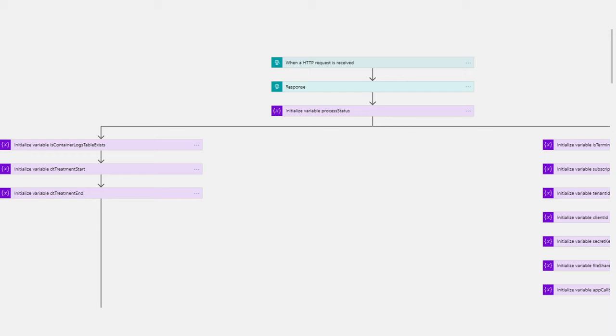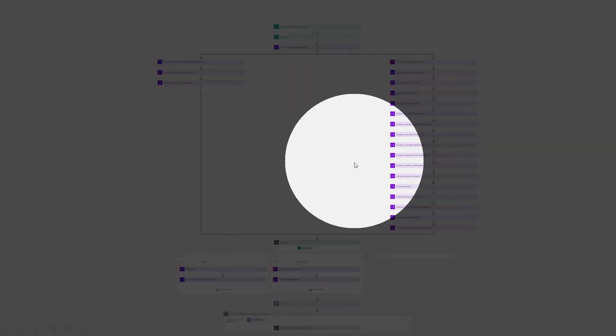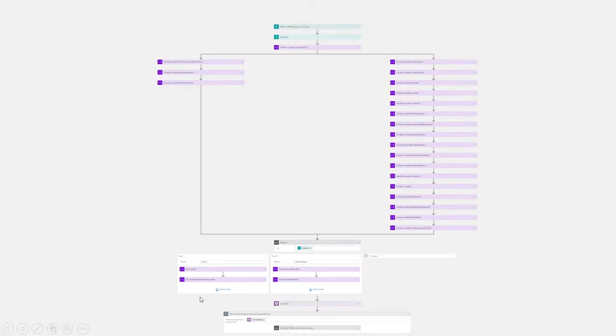These variables were needed because we have a small feature in the Azure Container Instance connector. By the way, Logic Apps gives us the possibility to create a container instance without a line of code. But we need to verify, by using the variables, if the container state is finished. And here we have all of the necessary variables. By the way, there are a lot of variables which we use in the processes. After that, we have the treatment process, which is really defined.